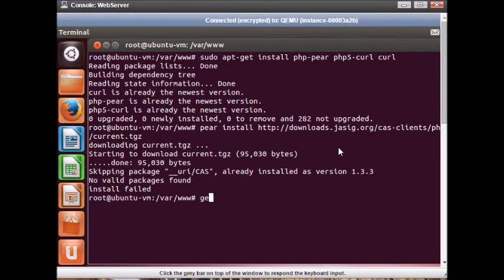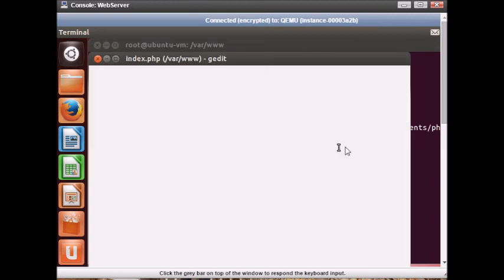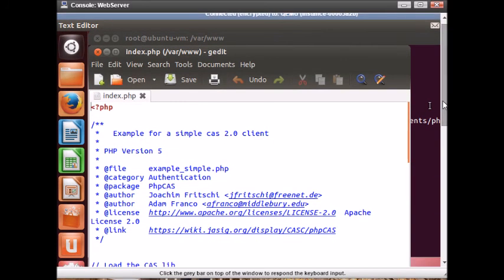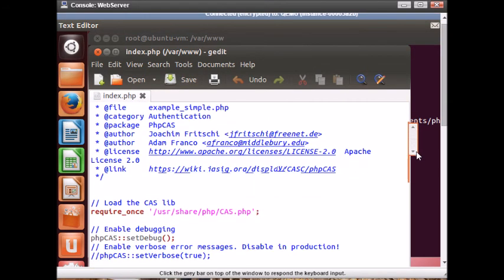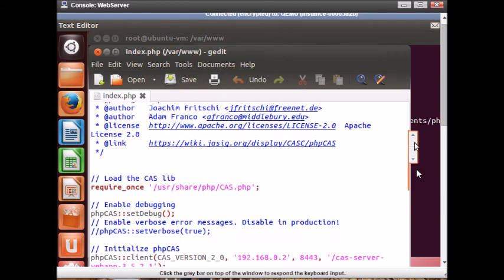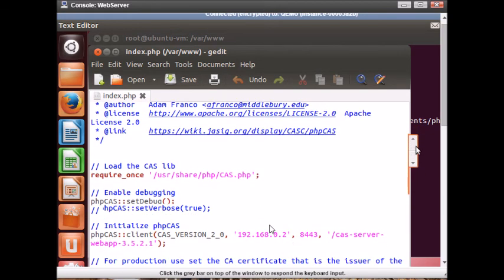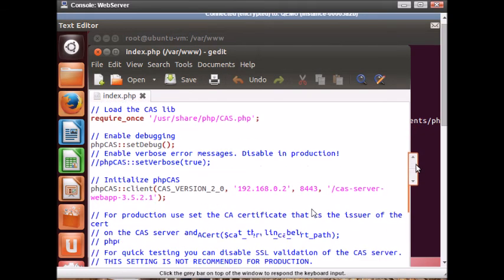Now we've created a file called index.php. In that we've given the services that we want to use, the IP address and the port through which we will connect to the CAS server. So this is the server IP and the server port.